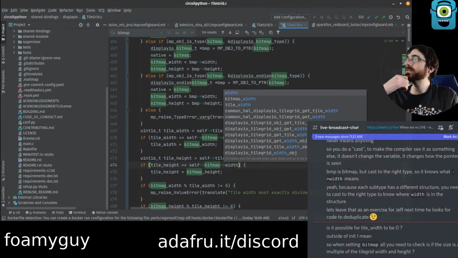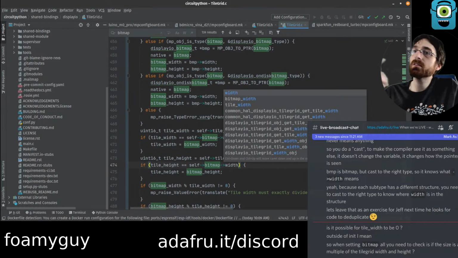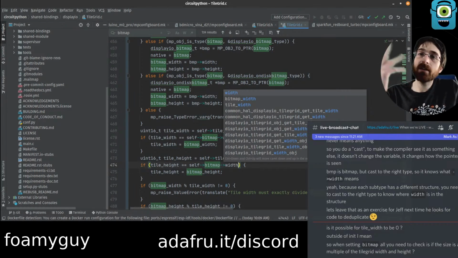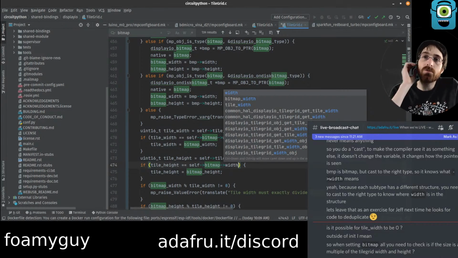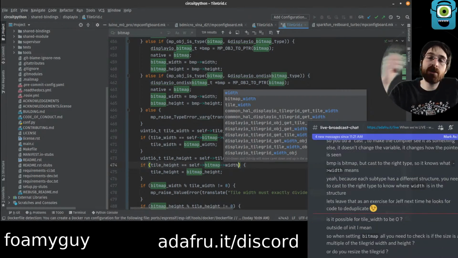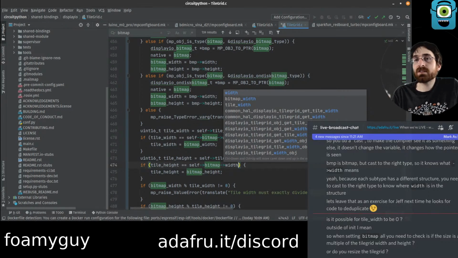Setting a bitmap, all you need to do is check the size. Well, but we also need to check, well, I don't know, I guess. I don't know if we need to do it, but it feels like it would be correct to check if the tile size was equal to the old bitmap size and then change it to the new bitmap size, because if the tile size was equal to the old bitmap size and we don't change it,